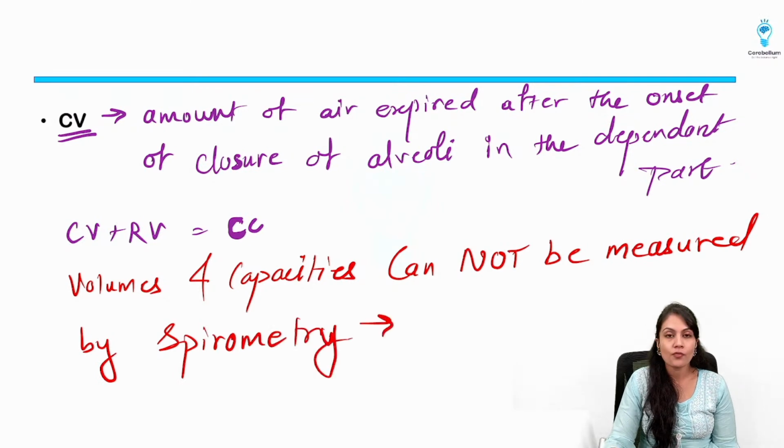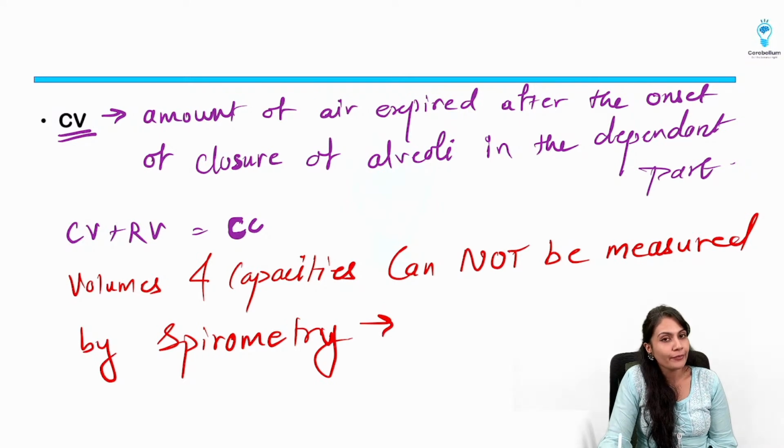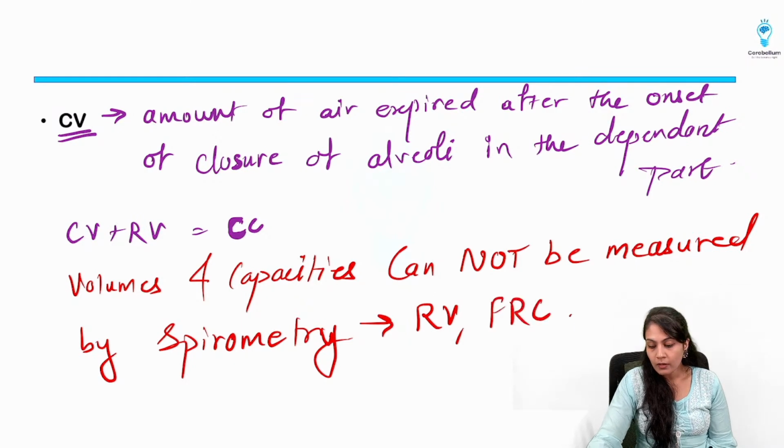What are those? First of all, I told you whatever is containing RV, we cannot measure that. So first of all, RV itself we cannot measure, right? FRC we cannot measure by the spirometry. The TLC cannot be measured, and it also cannot distinguish between the CC and ERV, because it is not going